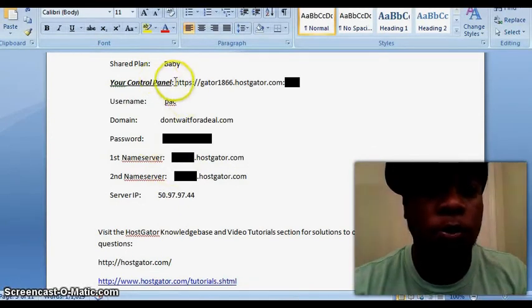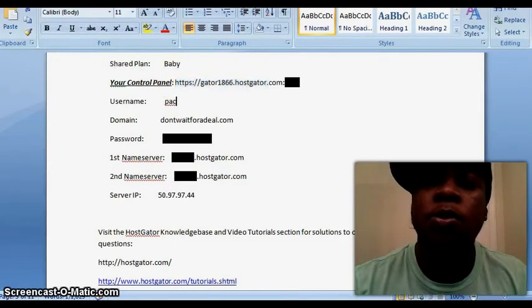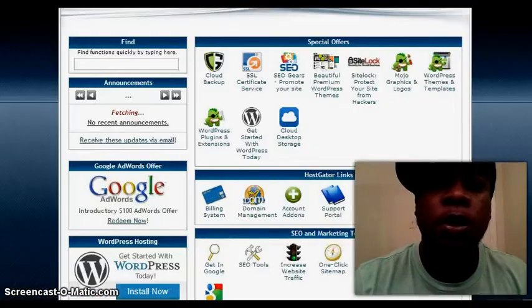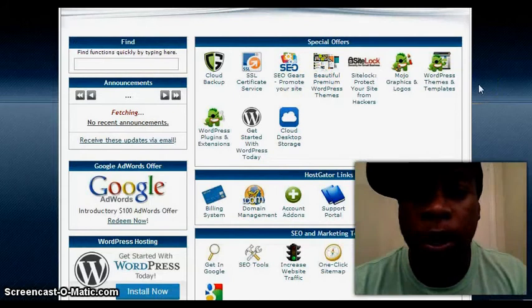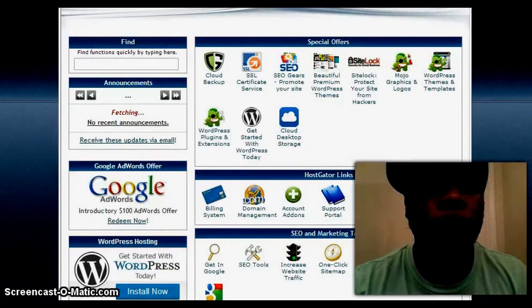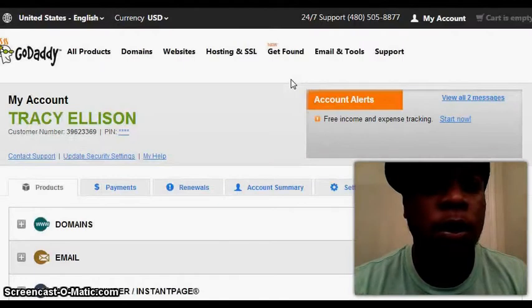So go to your control panel login detail, copy and paste your control panel login detail, right? And then go over to HostGator, and then you want to have your username and password. You're going to log into that, and this is what you're going to have when you come into the back of HostGator, your hosting account. All right. So once you do that, you want to go back over here into